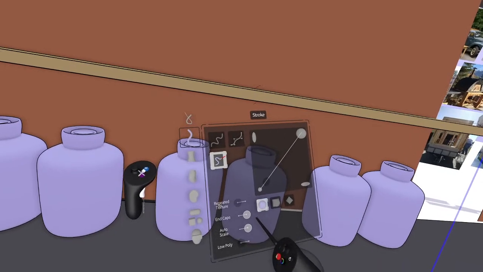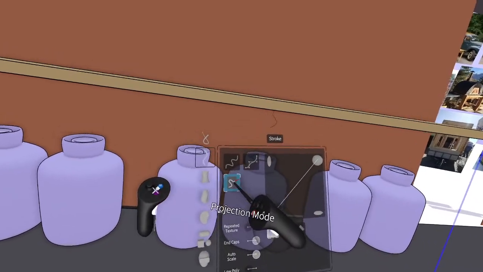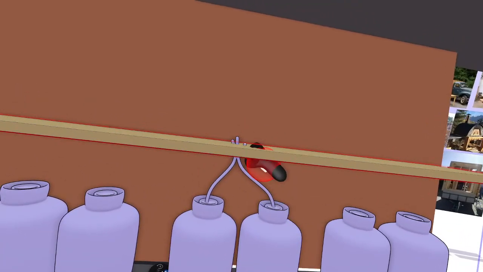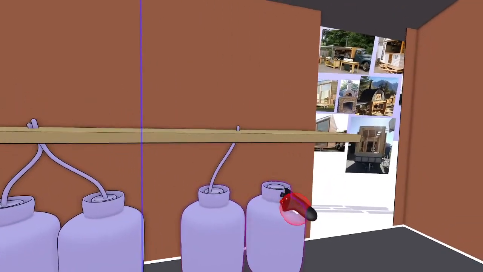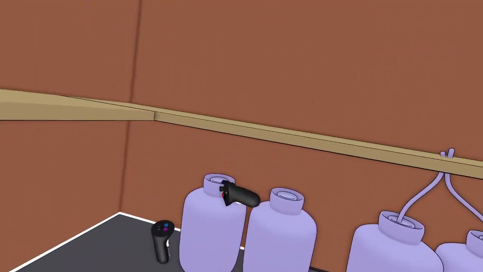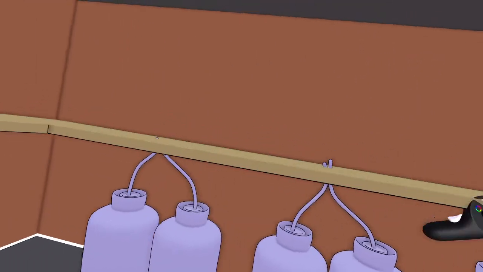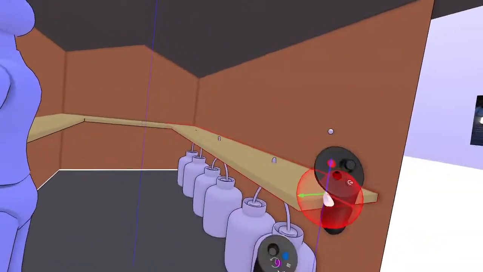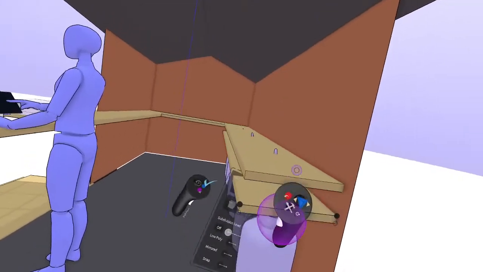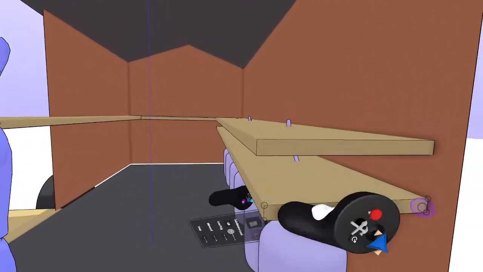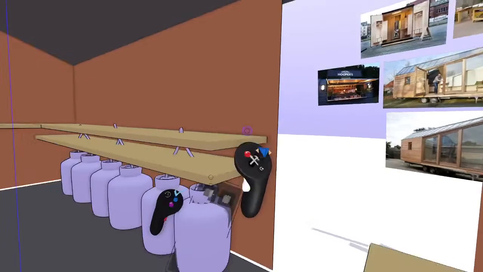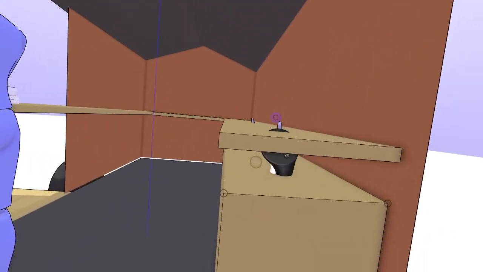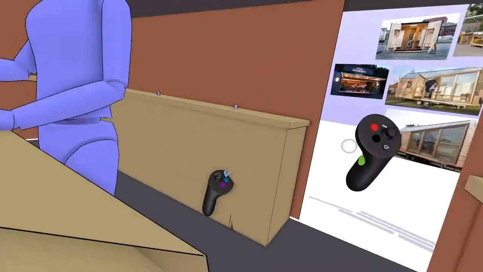So basically, if we were to, let's see, oh, I have projection mode on right now. So if we were to just literally draw a line up like this, that would actually plug into the oven here. So that's what we're going to design next. That's kind of the big feature item on this, the ovens. And then the other thing I want to do is duplicate down this counter. We're just going to reuse this geometry, shift it in a couple of inches here, and drop it to the ground here. And that is going to be our